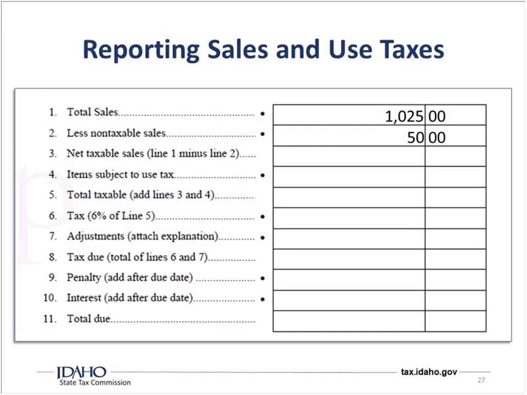Any non-taxable sales, so sales that should have been taxable, but somebody gave us an ST-101. Hey, Steve. Yeah. I got to make a real quick correction. Number one is not total taxable sales, it's total sales, because we're going to deduct out those that are non-taxable. Now, when we talk about sales, we are not talking about service fees and stuff like that. We're talking about the actual sales of merchandise, but this is the total amount. And it's the total amount for the entire business. It's not just your total amount for Idaho.